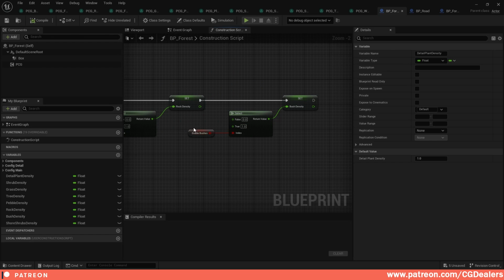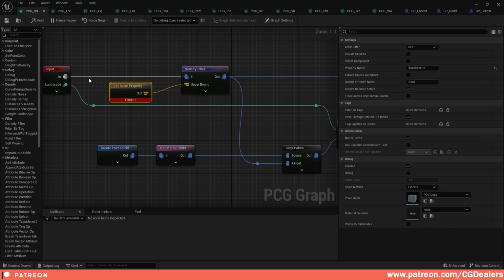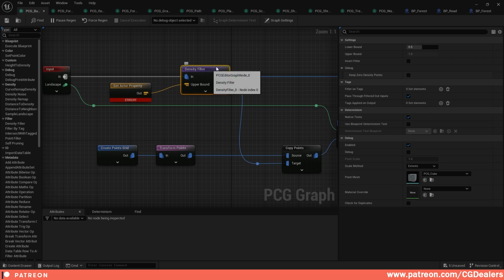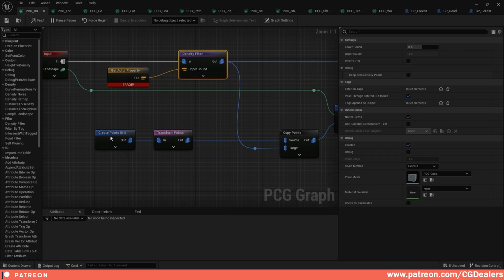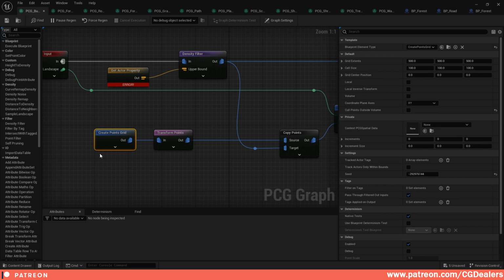We also have a button over here so we can turn the bush density on or off. And the bush density is from 0 to 1, okay? So you can control it from here. Then when I do this, the get actor property, I set up a little density filter with the lower bound of 0.5. And then here at the bottom, I'm creating a points grid with those info, 500 for the grid